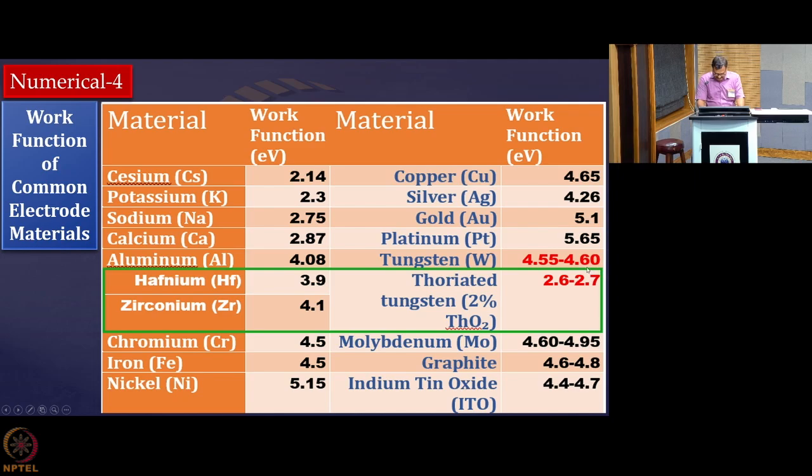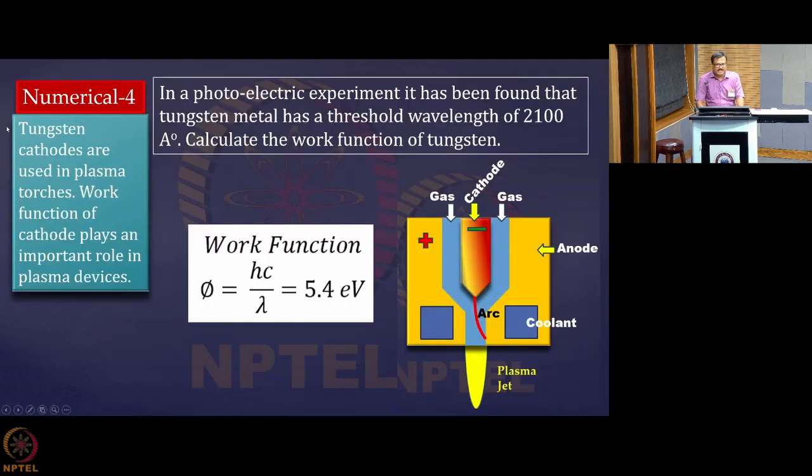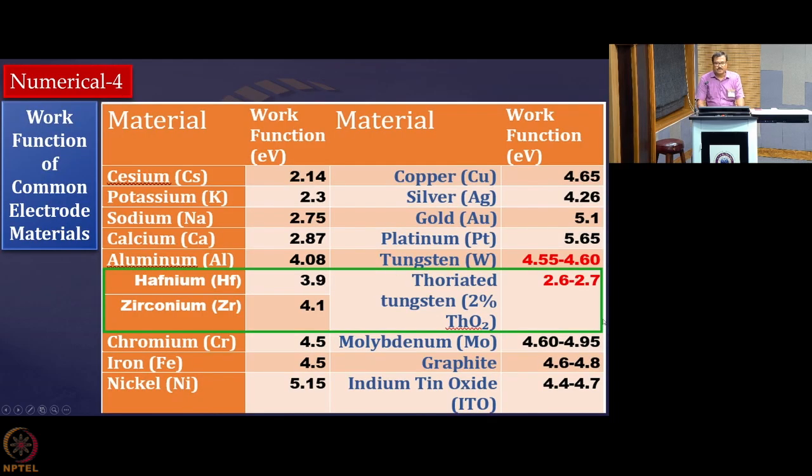So these are the kinds of work functions that you see here, and here what you are seeing is that 4.5 to 4.6 eV is the work function for tungsten. And in this problem, from elementary calculation, we have got 5.4 eV. So this is very close to 4.6 or 4.5. The little bit of error that you find between your theoretical estimate and experimental values is always there. In this tutorial also you are finding a little mismatch, and this kind of mismatch will always be there when you go for the experiment and when you go for the theory.